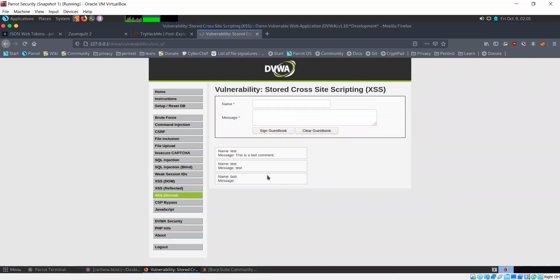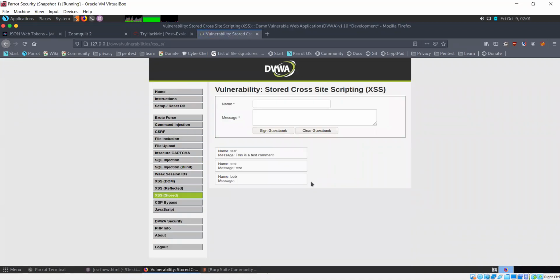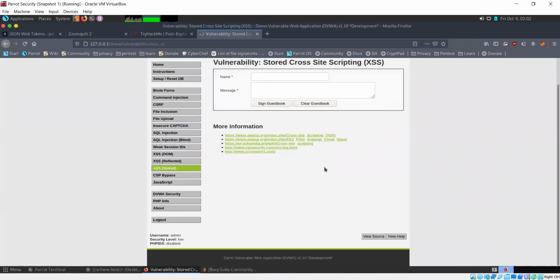In this case, it's not working. Actually, this page is not loading properly. There's no view source option. That's strange.